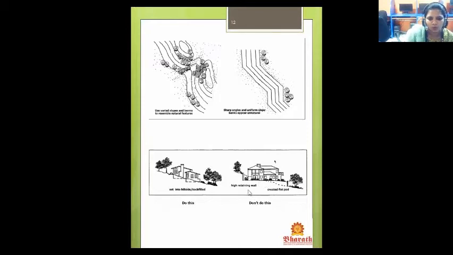High retaining walls create a flat pattern, whereas here it is set inside the backfield. So this is economical compared to this, and it is also environmentally friendly because we have cut down very little contour.